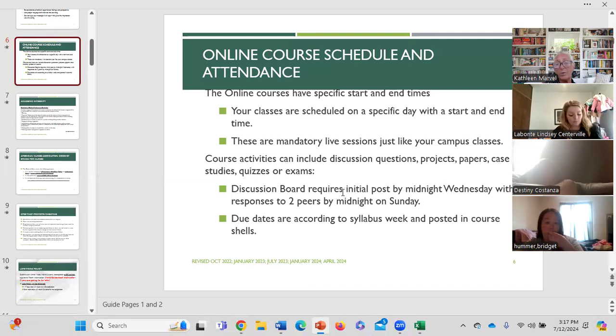As it states in your modules, for your discussion questions, the initial post is due on Wednesday evenings, and then your two peer responses by Sunday. If you don't submit your initial post, you don't get credit for that part of the rubric, but you certainly can get credit for the peer responses part of the rubric. Okay, and the nice thing about this class is we have 2 discussion questions and they're in weeks 1 and 2. So only this week, which is already passed, Wednesday's already passed, and next week on Wednesday, will you have a Wednesday due date. Everything else is due on a Sunday.